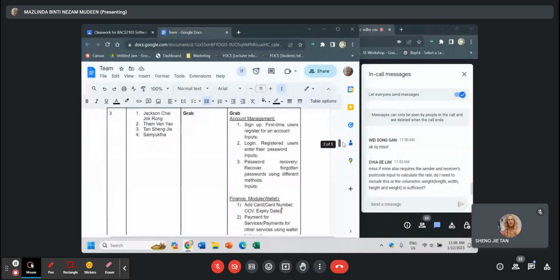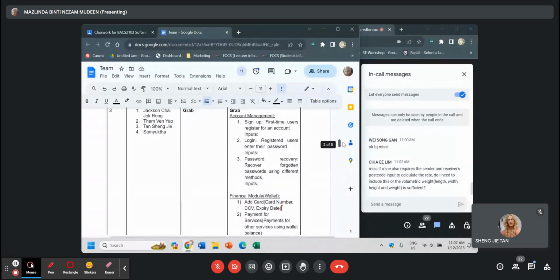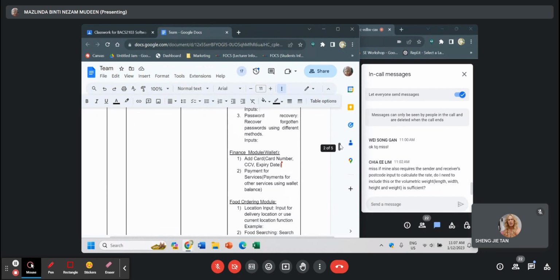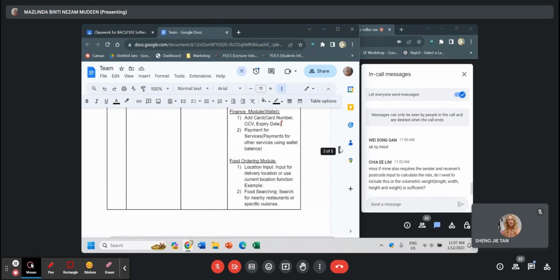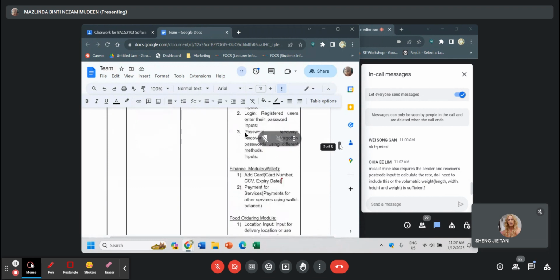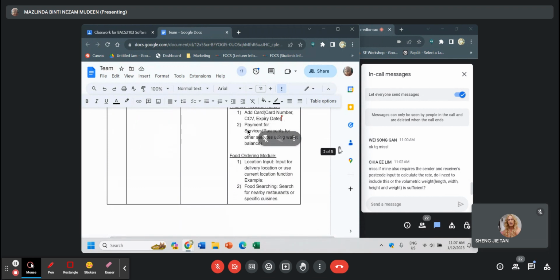Okay, so group 2, group 3, Grab, the same thing, just pick 2, which is the main function. Sign up and login is enough because that will be needed for other module first. Okay, then